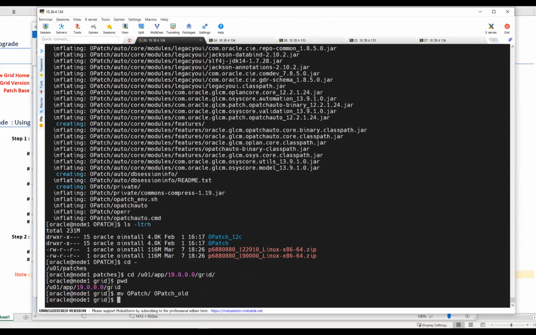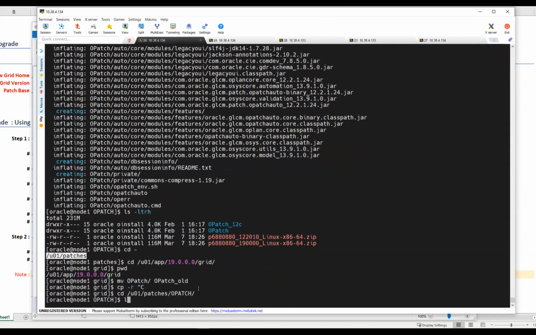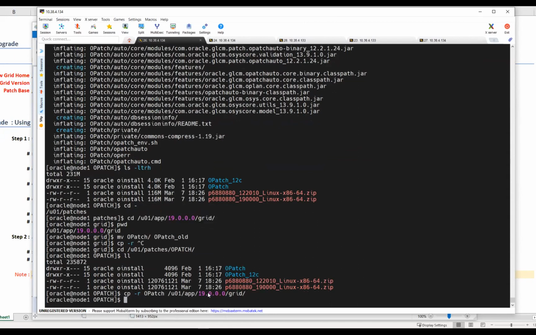Then I'll go back here to OPatch. This is my 19C OPatch. I'll do cp -r OPatch and move it inside my 19C grid home. So OPatch is done.